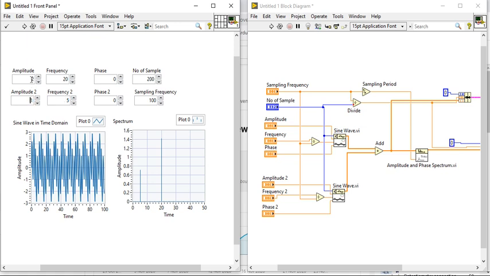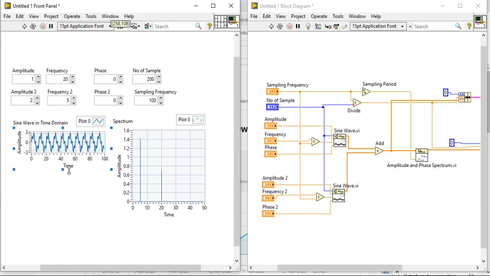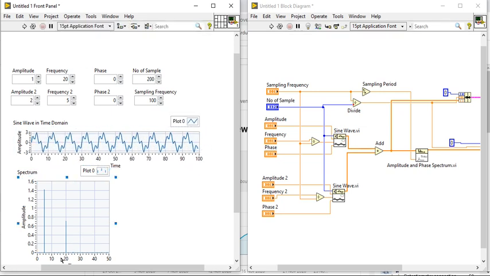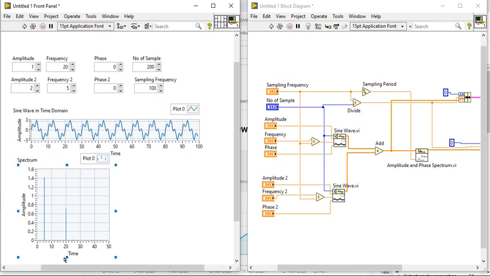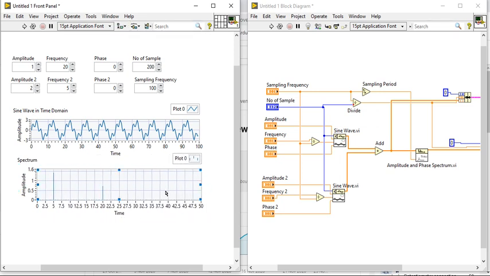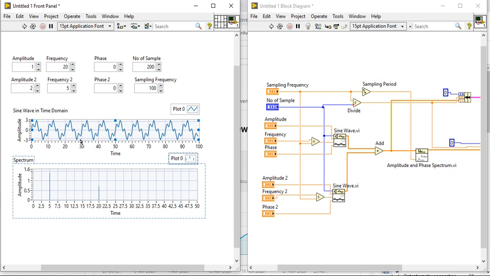But if I change the amplitude like this, you will see a different kind of waveform. Look at here. Using LabVIEW, you can very easily design and examine your inputs, outputs, and all those things. It's 10 and it is 2.